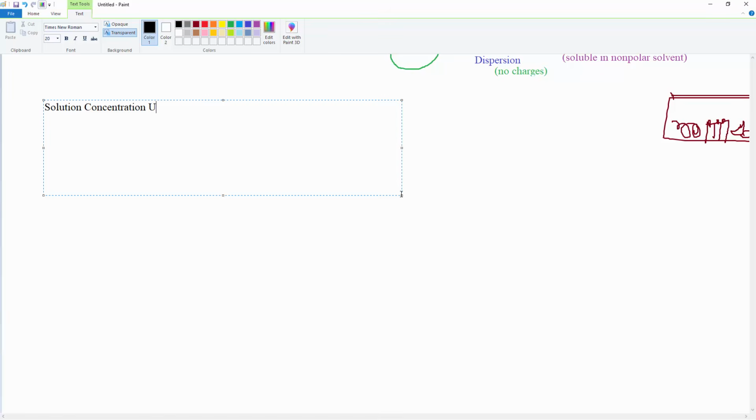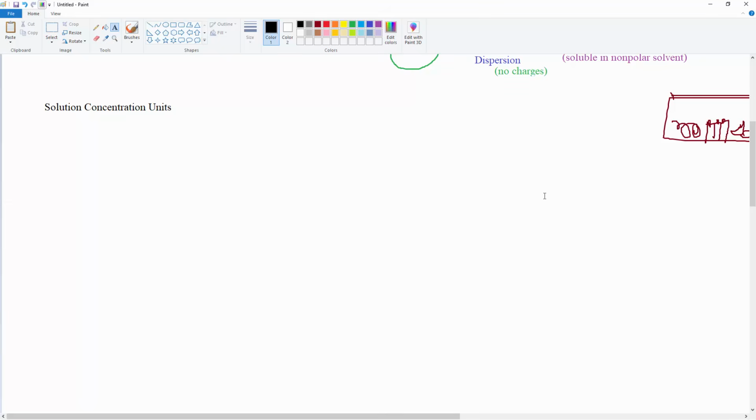Solution concentration units. Now that's what the rest of this chapter is about. We have lots of different concentration units in play because there's a lot that you're going to be exposed to and working with in your life. And we're going to start with